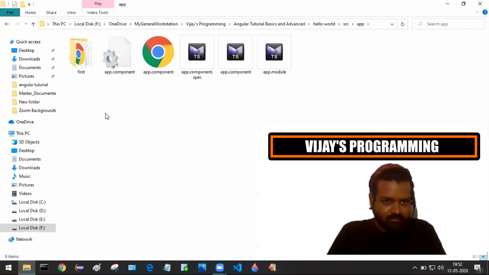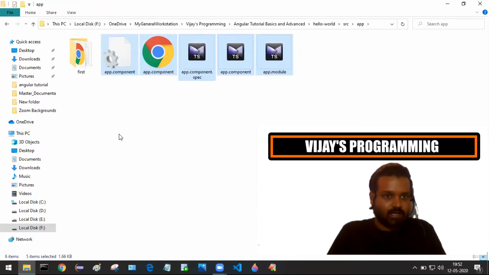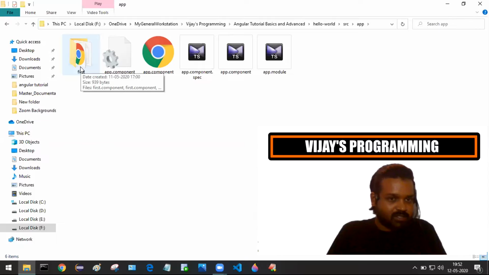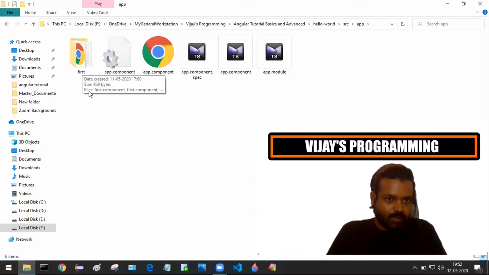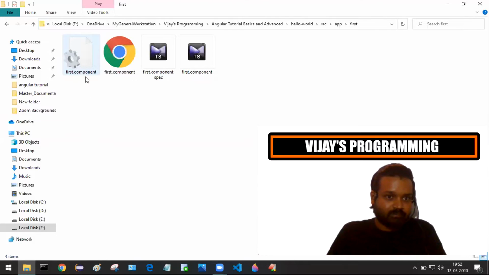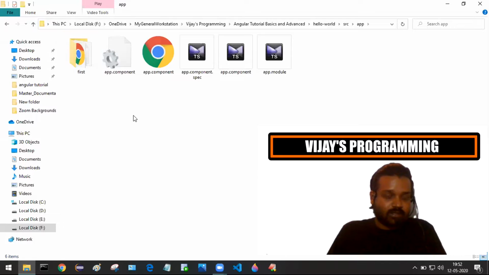These are the main files, and this folder contains the component that we created in the previous tutorial with the name first. That was our component. Now I want to create another component with some different options.